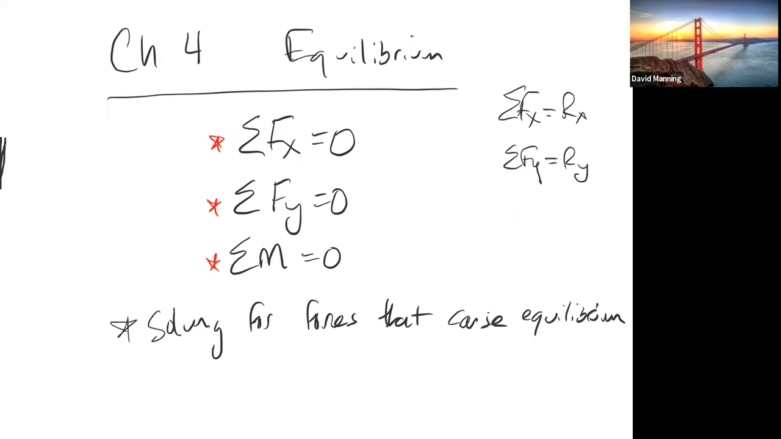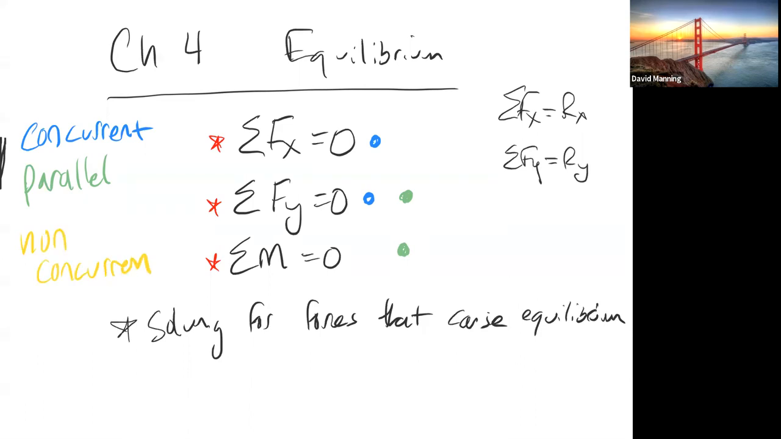Three force systems. We have concurrent force systems, remember? Concurrent means all the forces go through one point. Concurrent force systems use just the first two equations. Parallel, we'll use most of the time the y and the moments. And then non-concurrent, they'll use all three. So for each individual force system, we're going to be using different